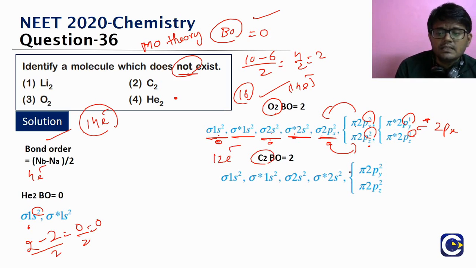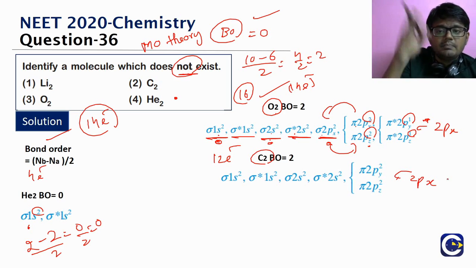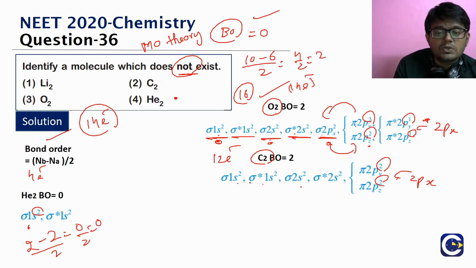Now even if you look at C2, the total number of electrons is 12. So we can see the order. The sigma 2px will have a higher energy than the pi 2py and pi 2pz. We can see the order clearly here. So first what are we filling? Sigma 1s, then sigma star 1s, then sigma 2s, sigma star 2s, then pi 2py and pi 2pz. This is a degenerate level, so they will get 2 electrons each. Totally count: 2 plus 2 is 4, 6, then 8, then 4, 12.